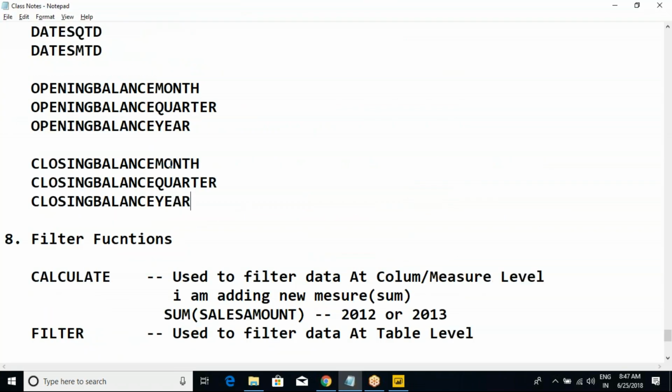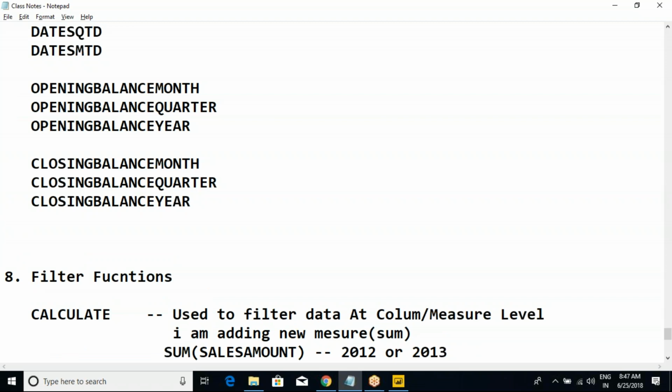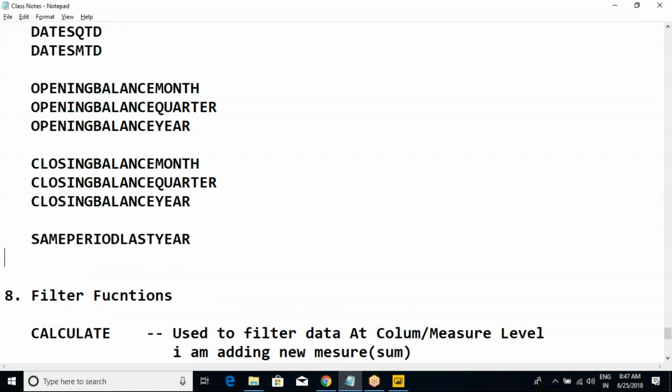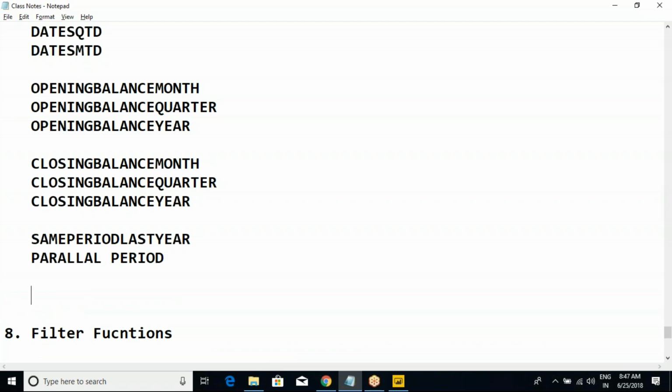Let me list them out here. The next order would be the same period last year function, and parallel period, maybe a spelling mistake, parallel period. AllYears, parallel period function. The next category would be